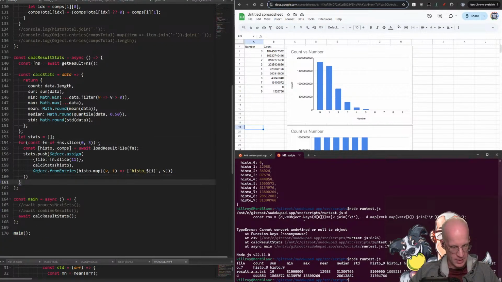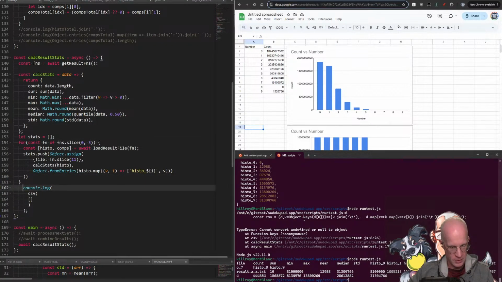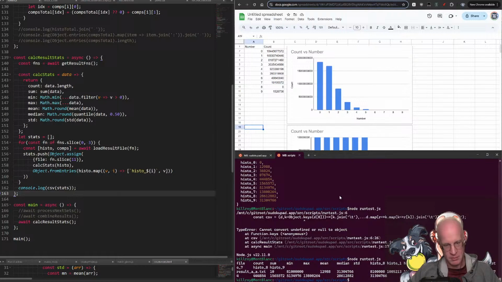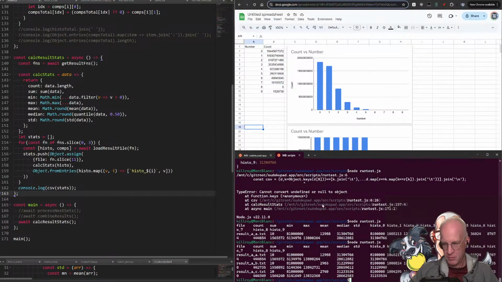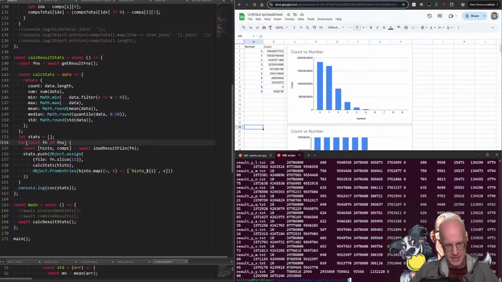And then at the end, we should be able to output a CSV version of these stats. And that's it. Even running it for all the files, this shouldn't really take a significant amount of time. And then we can just put this into a file, histo